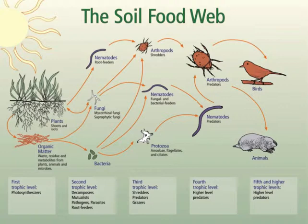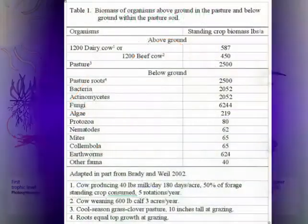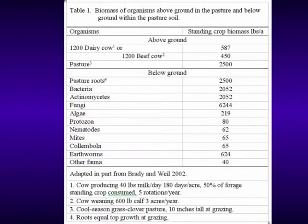And they've got a lot of the pictures and a lot of descriptions of these different parts of this soil ecosystem. This is one of my favorite tables. Ed Rayburn put this together, and this shows the biomass of organisms above the ground and below the ground in the pasture ecosystem. And if we look above the ground, if we look at a beef cow, 1,200-pound beef cow,